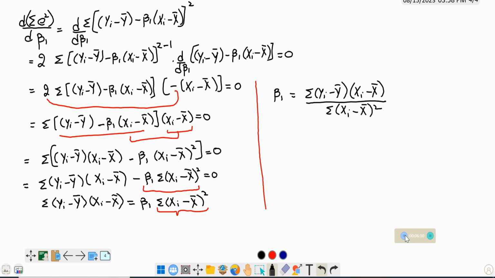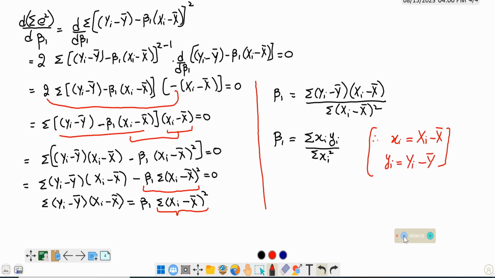This is the alternate formula of beta 1 in deviation form, and to simplify it we can express it as follows. Here I have used small x and small y, where small x is the deviation of x values from its mean value, and small y represents the deviation of y values from its mean value. So throughout this course, we would be using capital X and capital Y for the raw form of the data, whereas small x and small y for the deviation form of the data,